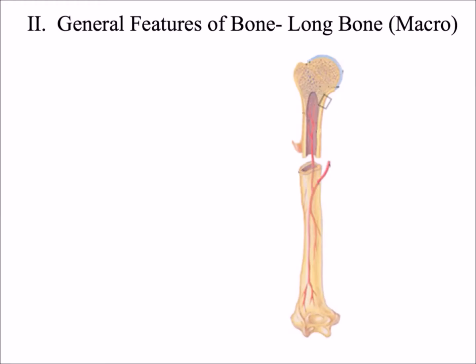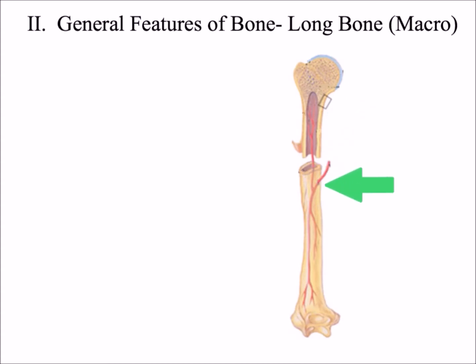So now we're going to take a look at some general features of a typical long bone. And these general features are what we call macrostructures. Macrostructures meaning these are large structures, structures you can see without the aid of a microscope. So the first thing we want to point out when we look at a long bone is this long middle